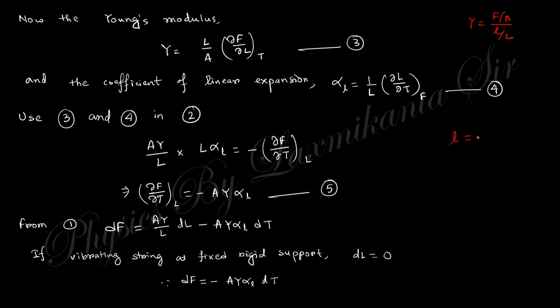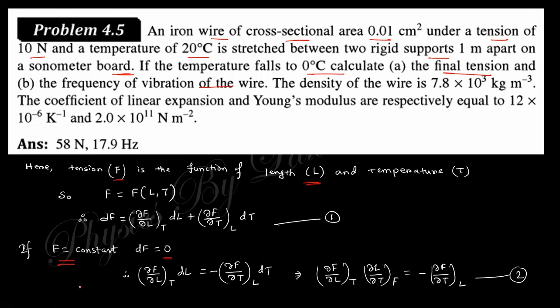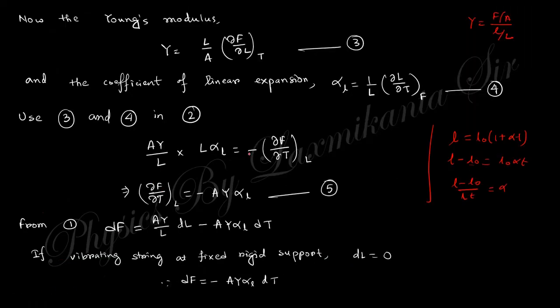You know L equals L0 (1 plus alpha t). So L minus L0 equals L0 alpha t, so (L minus L0) by (L0 t) equals alpha. You can see here 1 by L, this is delta L and this is delta t, right? So you will get this one. Using these two equations in equation number 2, if you put these two equations,